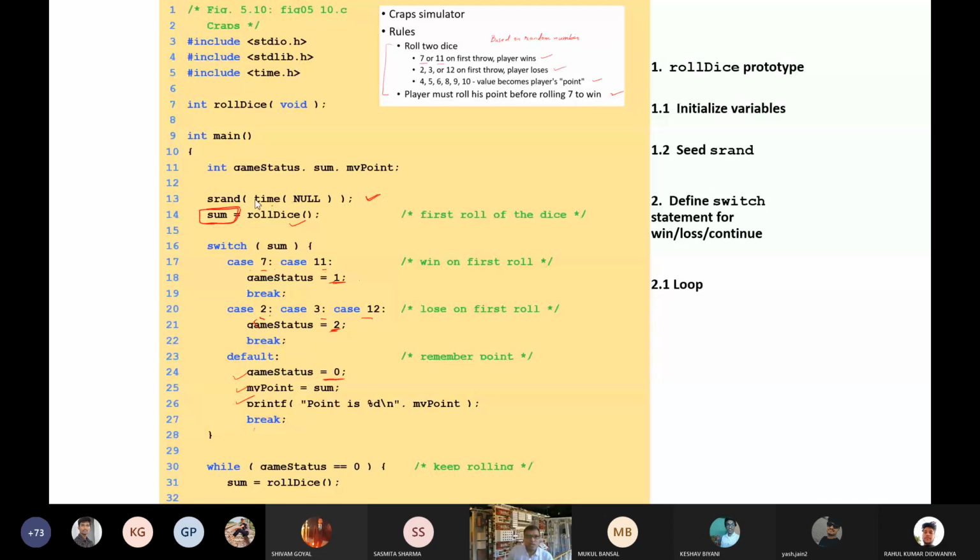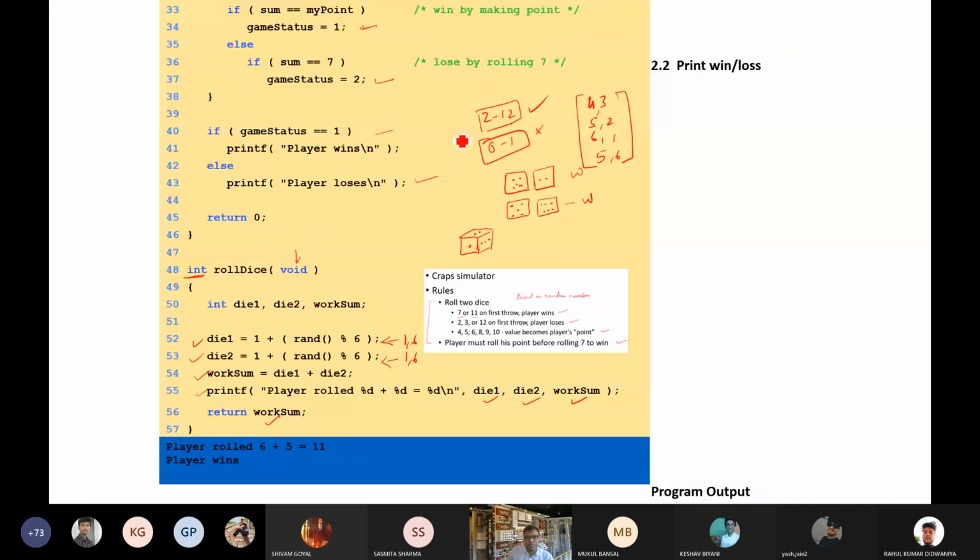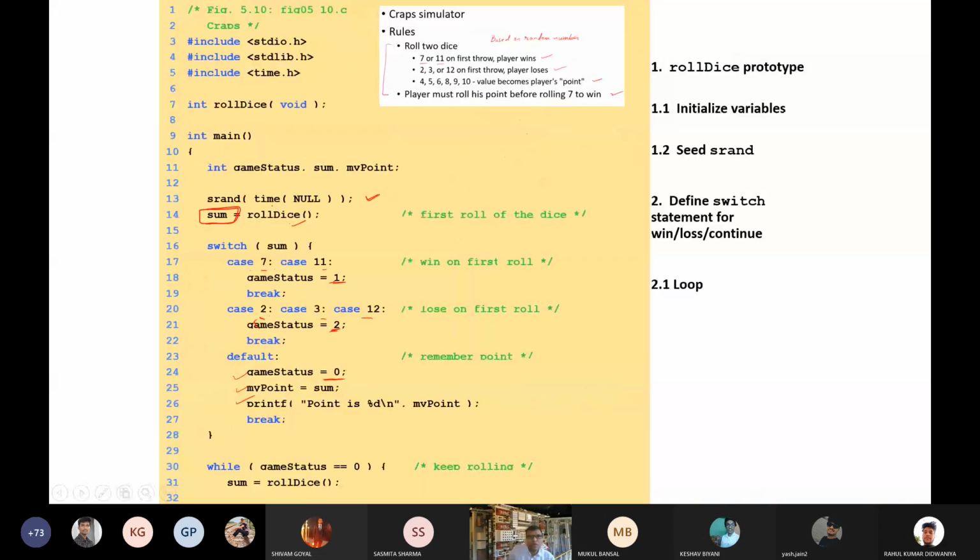So here we started the time simulator, and this is the game status, and then sum and my point. These are the values written here, and our function is roll dice, which we will define there.